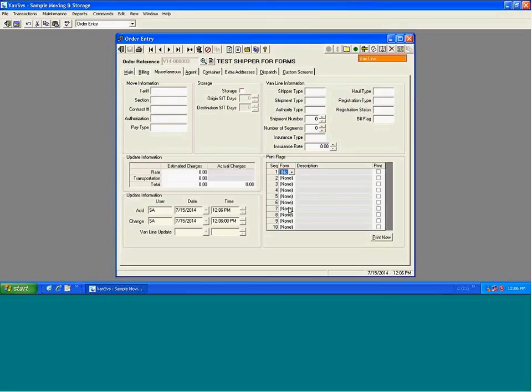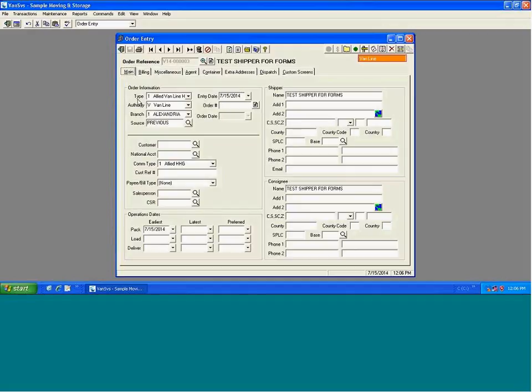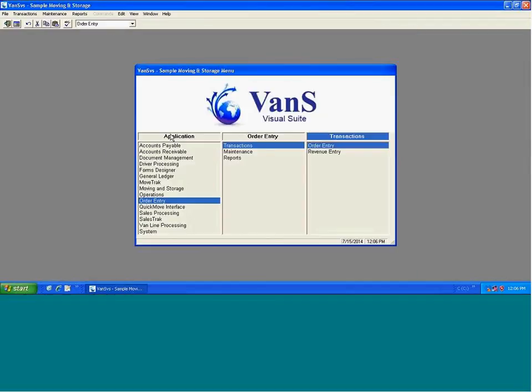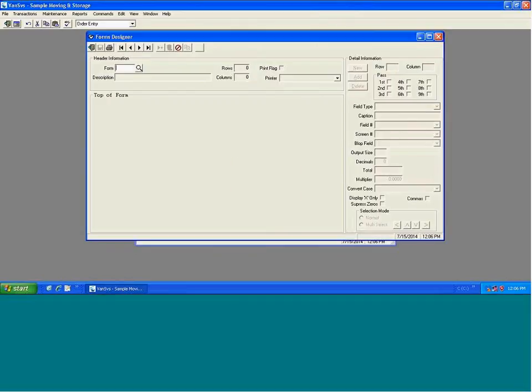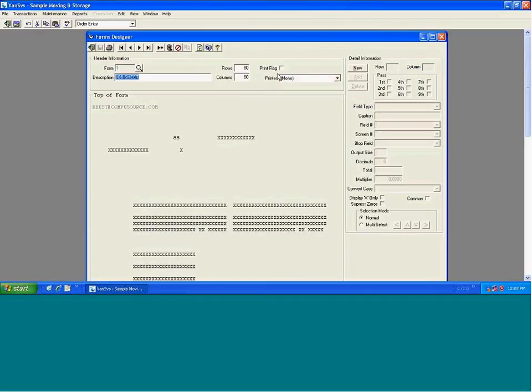If you indeed want those forms to show up, go into the form in forms design, say a job sheet. You want the print flag to show up based on the way I've set the control file. Print flag is yes, meaning I want it to show up in the list of things to print. I can always ignore it if I want to. And for all of the forms I have set up, I have not set the flag to say